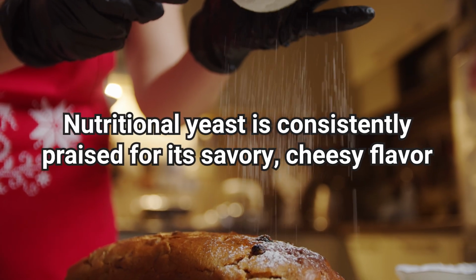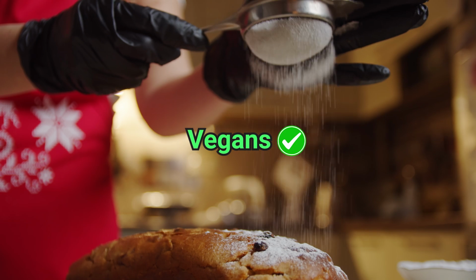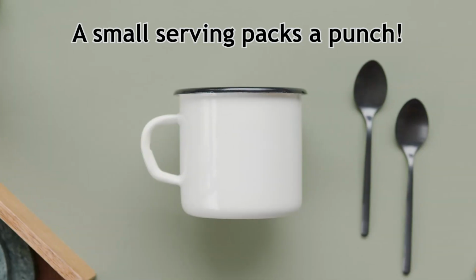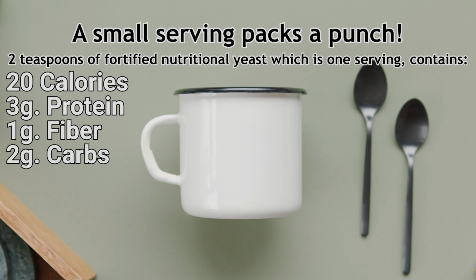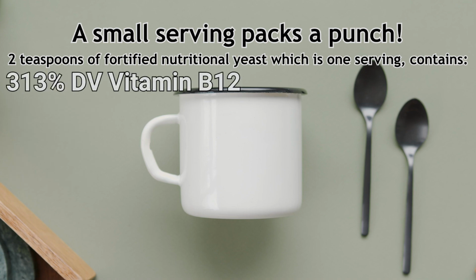Nutritional yeast is consistently praised for its savory, cheesy flavor, making it a popular choice for vegans, but also non-vegans alike. A small serving packs a punch. Just 2 teaspoons of fortified nutritional yeast, which is 1 serving, contains 20 calories, 3 grams of protein, 1 gram of fiber, 2 grams carbohydrates, 0 grams of fat, and it's loaded with B vitamins, 313% of your daily value